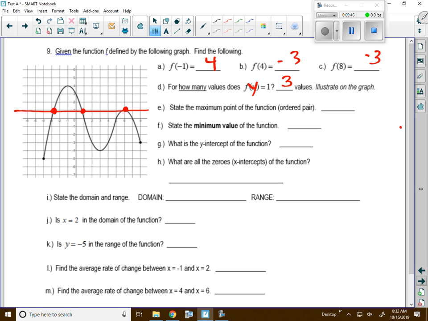All right, it says ordered pair. What's an ordered pair? X and Y. X comma Y. Okay. So our ordered pair there is -1,